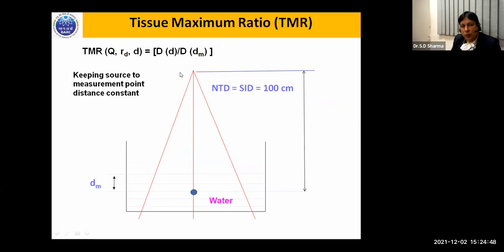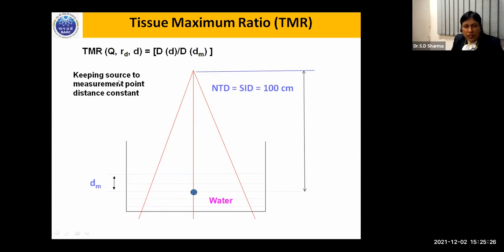If we have to deal with the situation of isocentric setup, then we take help of another parameter which is called tissue maximum ratio. Basically, it is a special case of a very generic parameter which is called tissue phantom ratio. This parameter does not depend on SSD, and it is the ratio of dose at the point of our interest and dose at the depth of dose maximum. Now the basic question is, if this is also the same ratio whatever we use in case of percentage depth dose, how are these two parameters different?